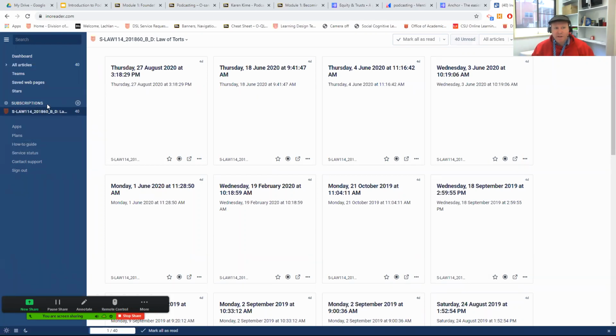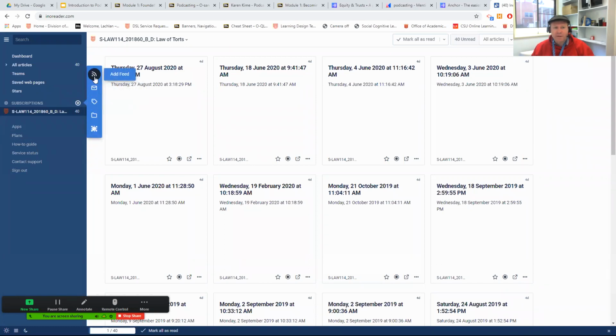Under the subscriptions area on the left-hand side, all you need is an email address, a Google account, or a Facebook account to sign up to this, by the way. And the only limitation in terms of the free accounts is how many subscriptions you sign up for. So I think this will let you sign up to 20 different podcast feeds. I've only got one in there at the moment, but I'm going to hit the subscription button,